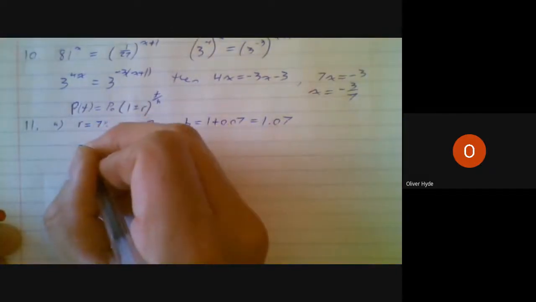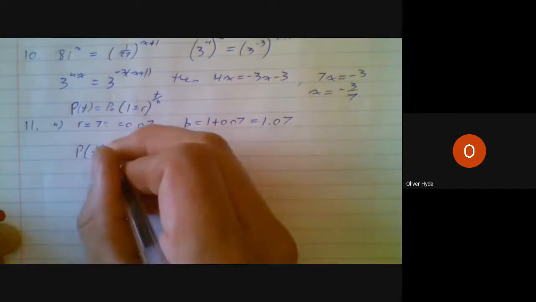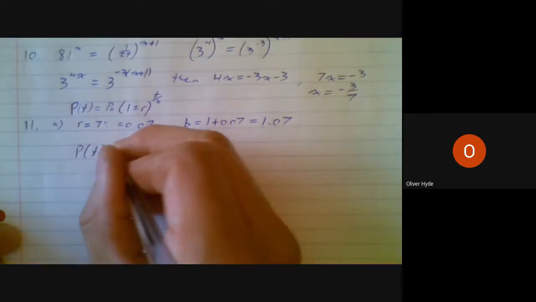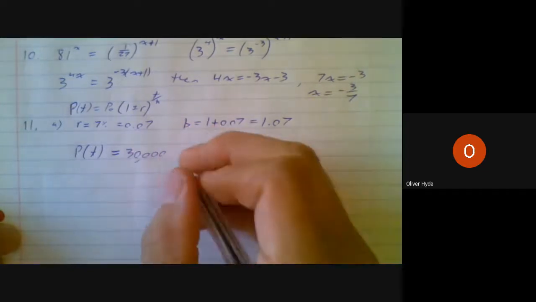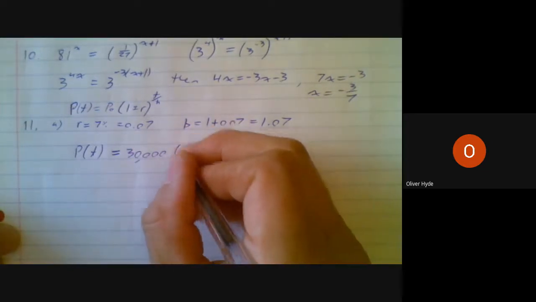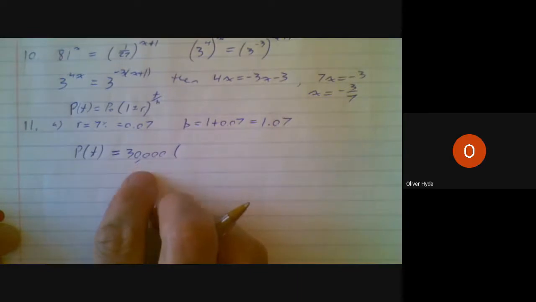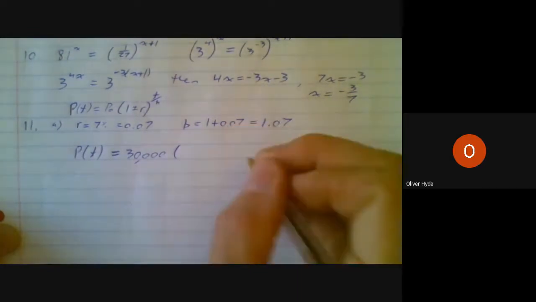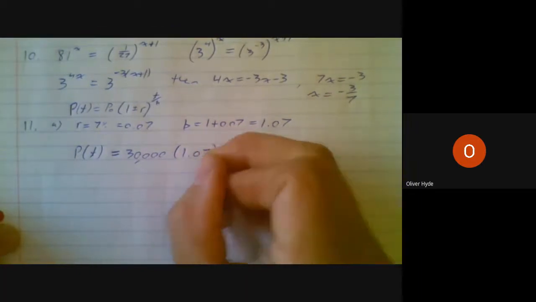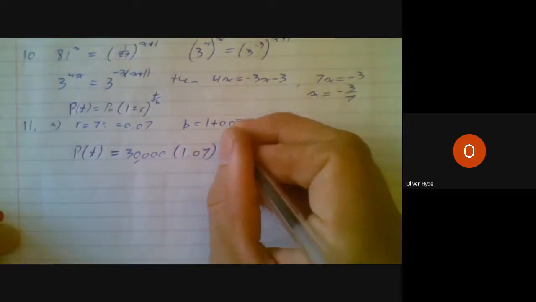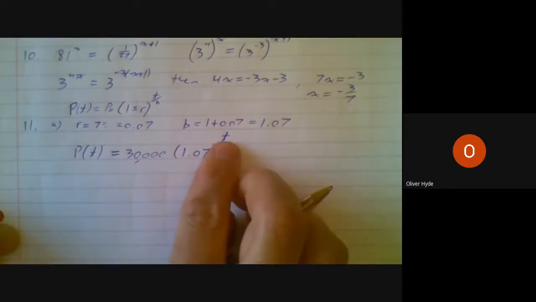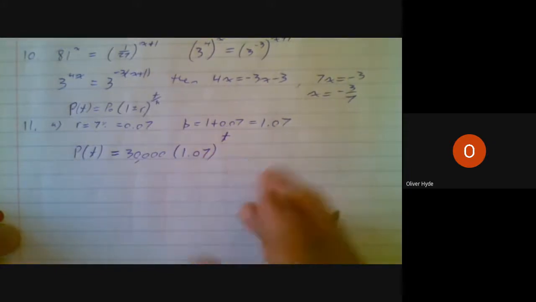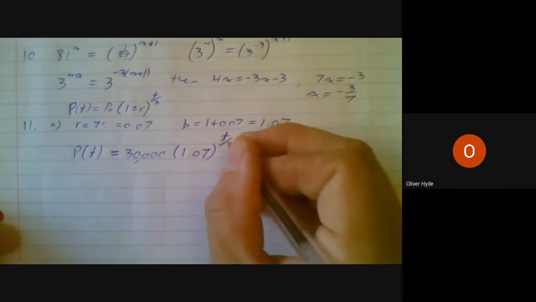I don't see a need to use any sort of vertical shift here, like with the temperature of the coffee cup question. So I believe that 30,000 will be my initial value, and I can use that as my vertical stretch to just change my original dependent intercept of 1 to a new dependent intercept of 30,000, base of 1.07. Now if I put the exponent t up here, that's going to grow by 7% every year. I want it to wait until 3 years have passed before it has a growth period, so I divide my